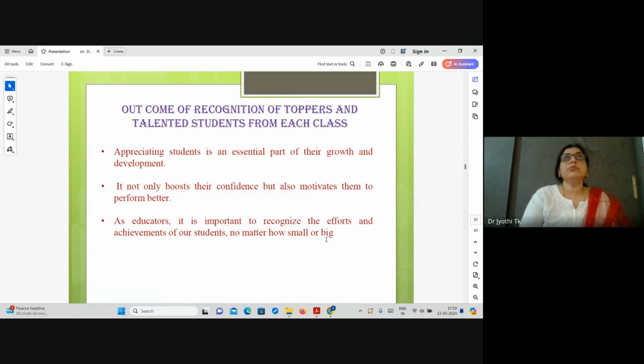So what is the outcome of this recognition of toppers and talented students from each class? Appreciating students is an essential part of their growth and development. It not only boosts their confidence but also motivates them to perform better. As educators, it is very, very important for us to recognize the efforts and achievements of our students, no matter how small or big. Moving on, next,